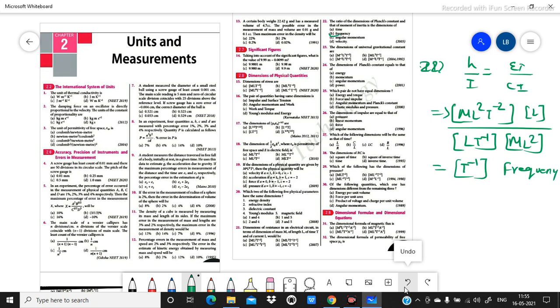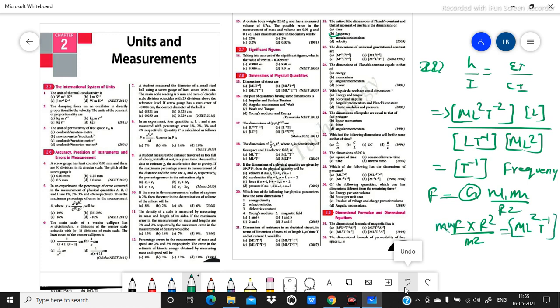B, 22B. 23, dimension of universal gravitational constant. Again, universal gravitational constant, you know, F equal to G m1 m2 by r square. This G you need to find out will be nothing but force into r square divided by kg mass square, means kg square. So the dimension of G will be M L2 T minus 1 after getting cancelled out, because here also M will be there, so M will get cancelled out.